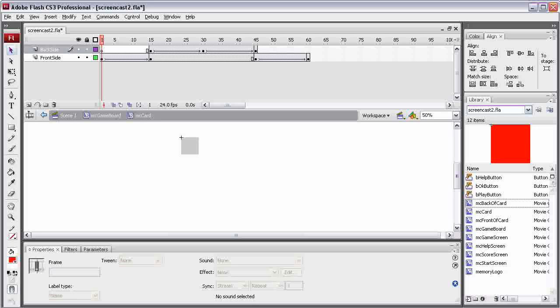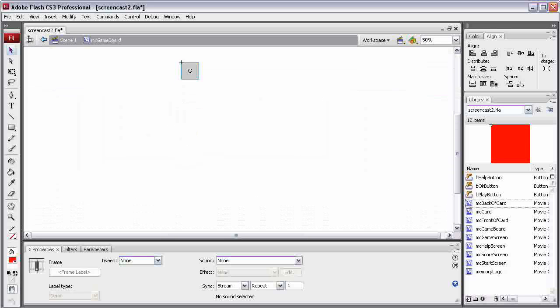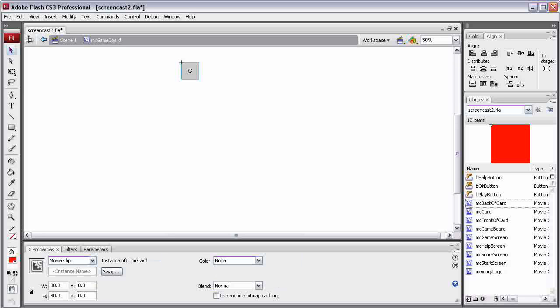Alright, let's go back to our game board. Not make that quite so big, but that's fine. And make an array of these. These are the card movie clips right here. It's an instance of MC Card if you look in the property tab. And we'll just copy that and paste it just like we did when we were putting the drawing objects in